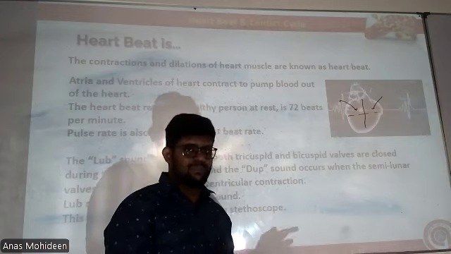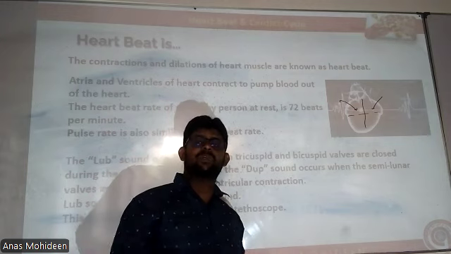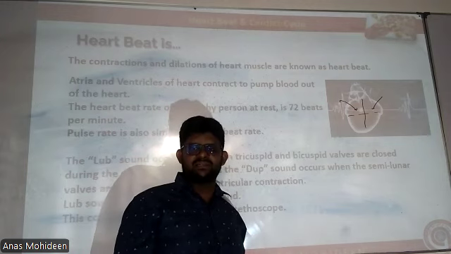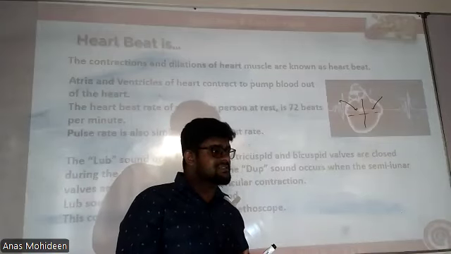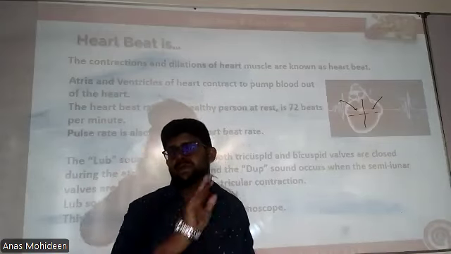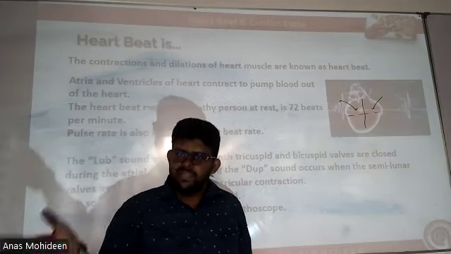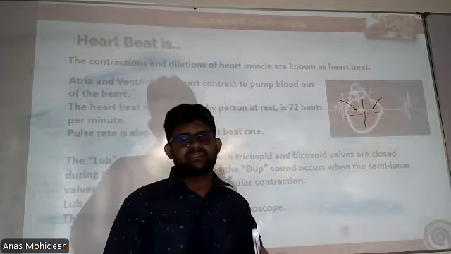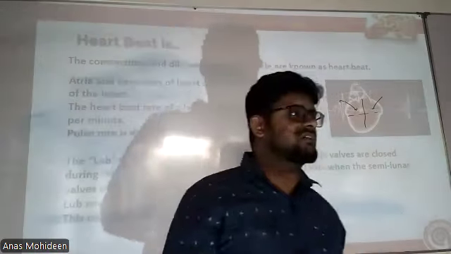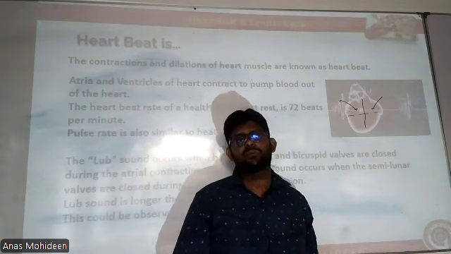Because the beat is completed within 0.7 to 0.8 seconds, less than 1 second. The next beat will then start. So within 1 minute, around an average of 72 beats per minute would be taking place